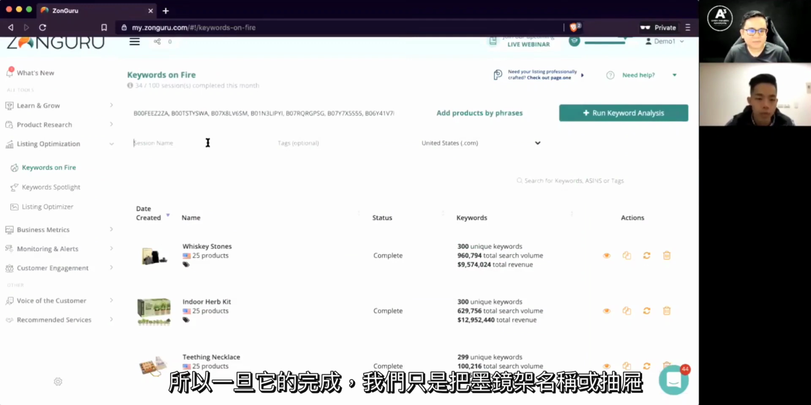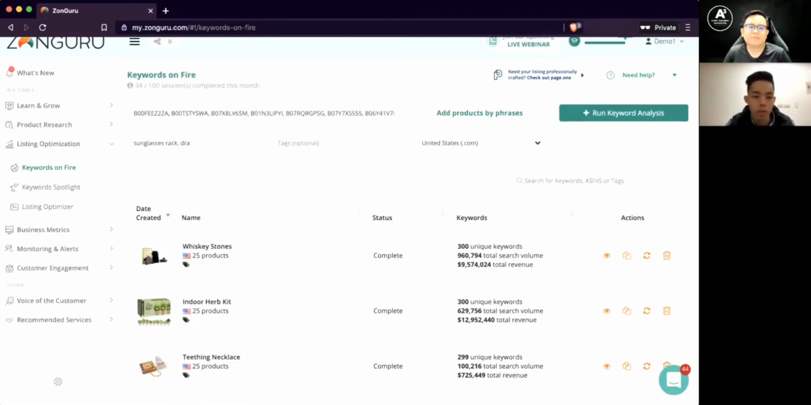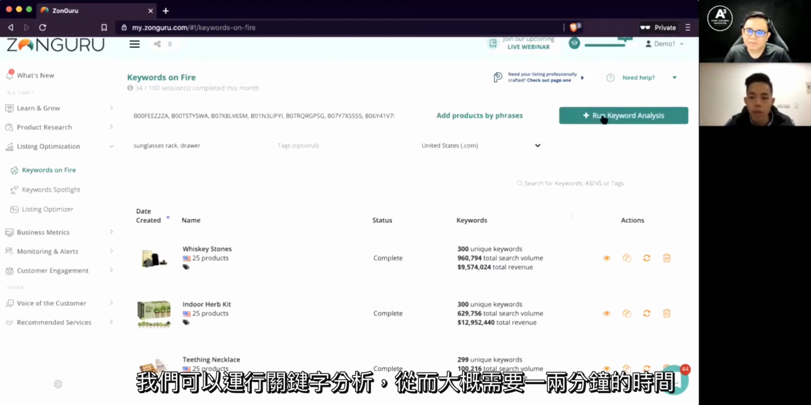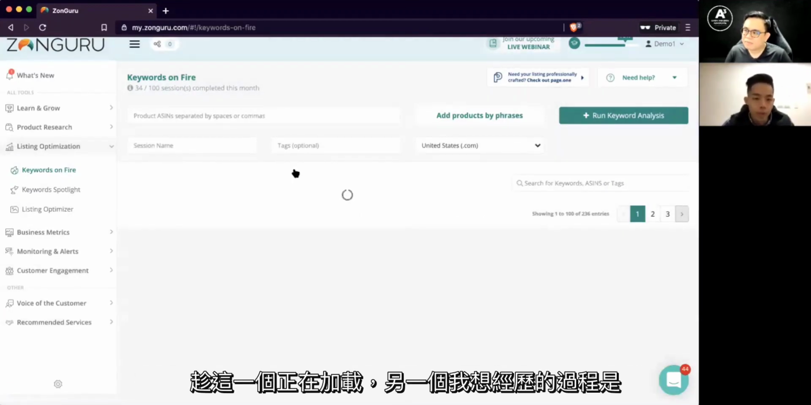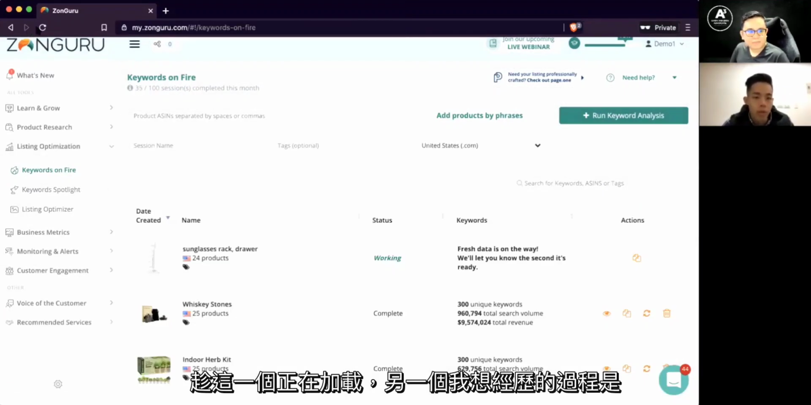So, okay, once it's done, we just put in the name, sunglasses rack or drawer. And yes, we can run and then just run the keyword analysis. So it'll probably take like a minute or two. And while that one is loading,